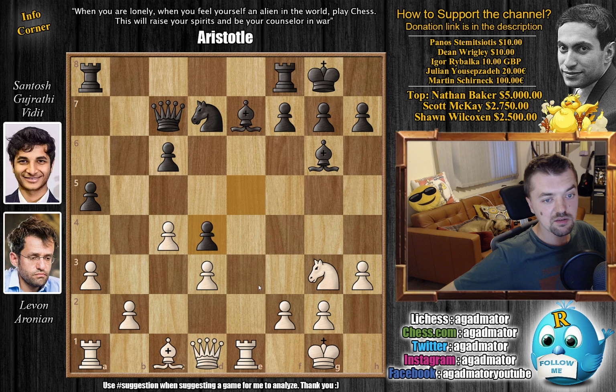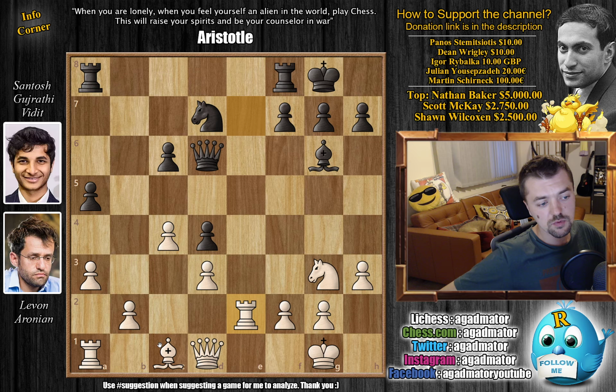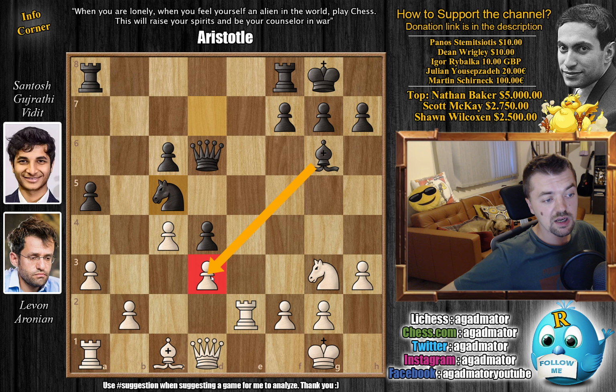So e captures on d4, we have rook captures on e7, and now queen to d6, attacking the rook. We have rook back to e2, not to e1. Probably after the queen and bishop are developed, you want to double up rooks on the e file, so to save time. We have knight to c5 now with a double attack on the d3 pawn, and knight to e4,